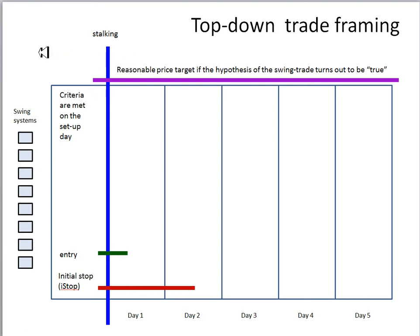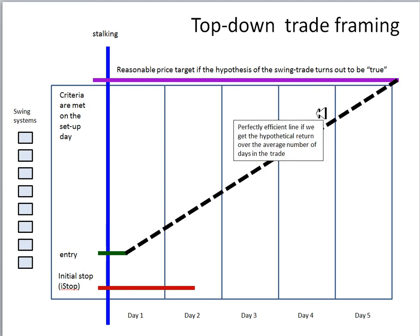And so everything up to this vertical blue line at the close of the day, we would think of as studying and stalking, and then you trigger the trade when it goes through your entry. So let's suppose that for one of these, or an aggregate of these swing trades, we have something like an average move, an X% gain over 5 days. So let's call that 8% or 10% over the next 5 days if this thing works out on average the